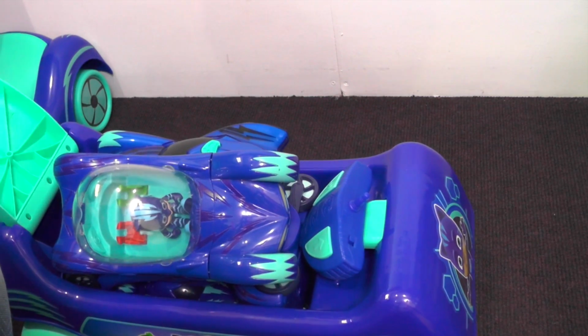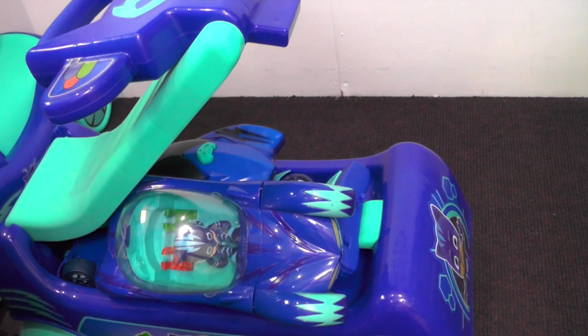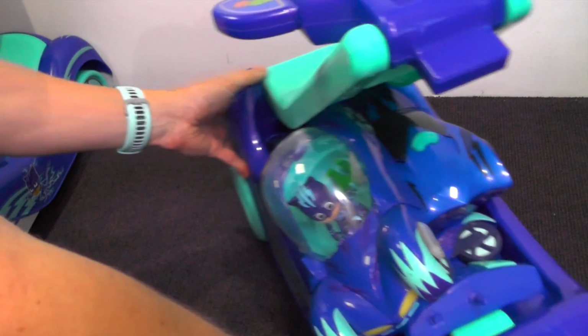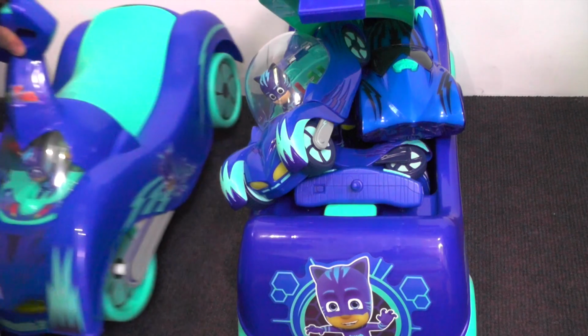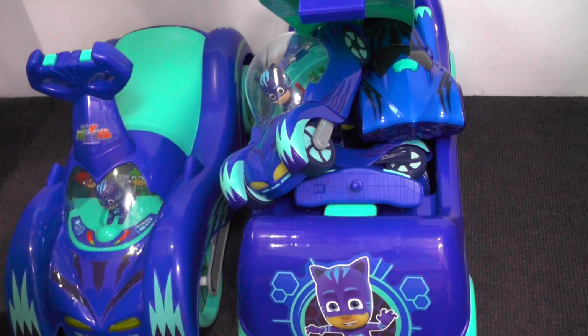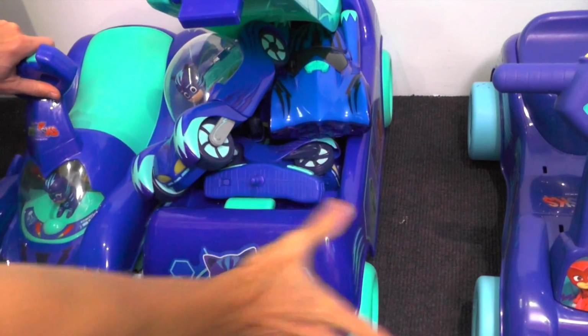Now the problem is, we've managed to fit them in, but we can't quite get the roof shut of our happy hauler. So, if we put the happy hauler over here, that's one. And of course we've got this one here. And then we've got our push and scoot. Whoops! Push and scoot over here if I don't wreck everything. So, that,